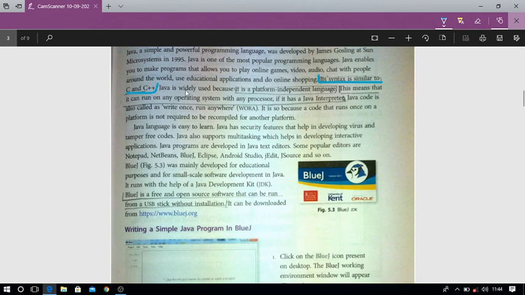This is the first reason. And the second reason is that it is platform independent. So you can write these two reasons why Java is widely used. First, its syntax is similar to C and C++. Second, it is platform independent. This is the answer of question number three.